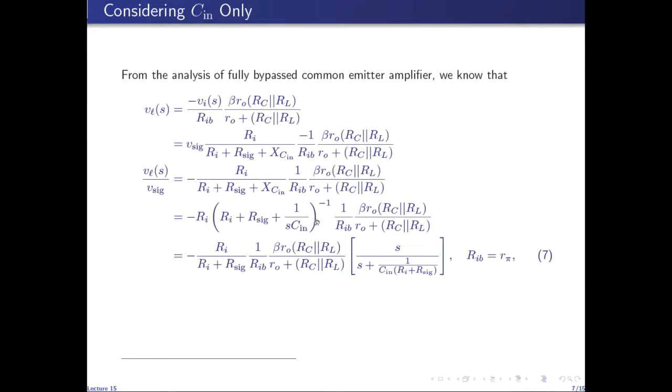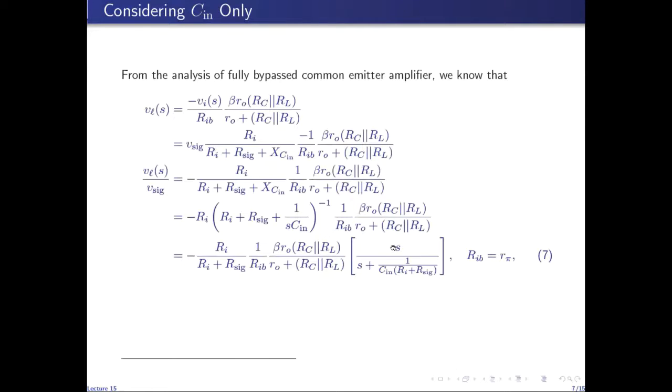Taking the LCM, taking the inverse, and then dividing the numerator and denominator by C in times Ri plus R sig will enable us to write this term like this,